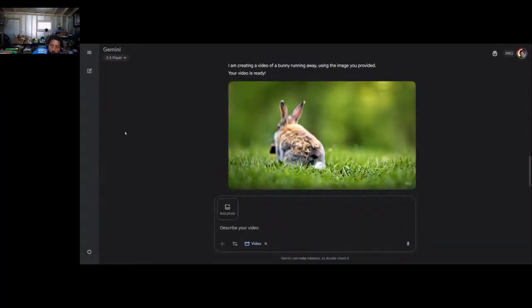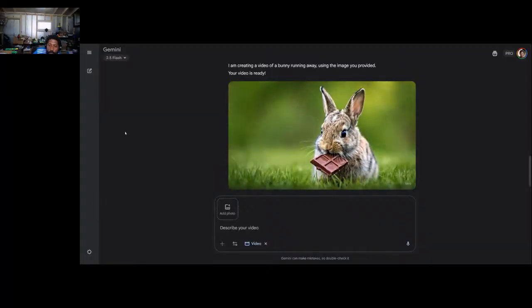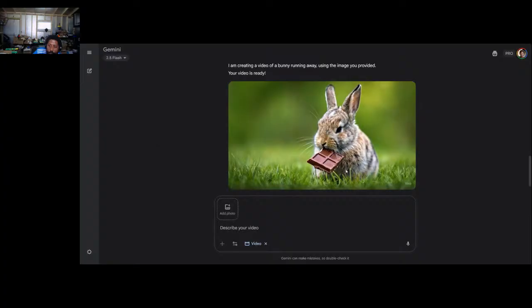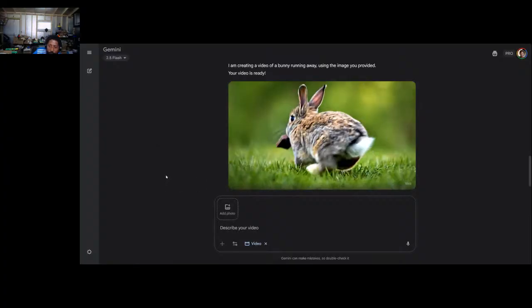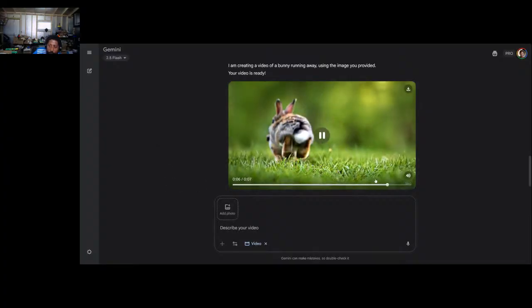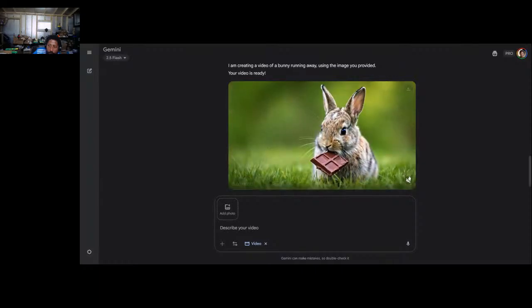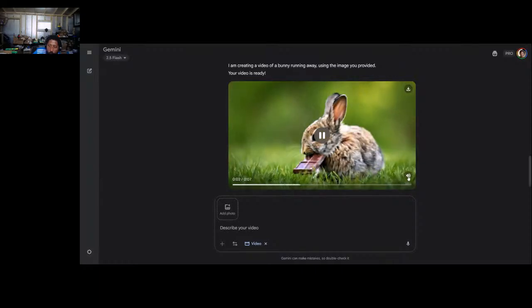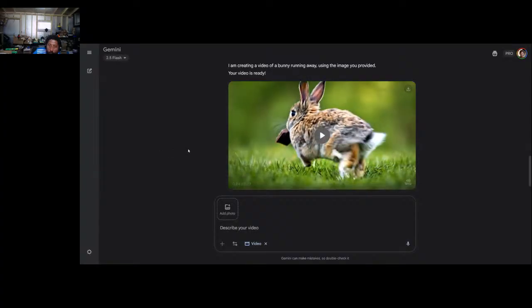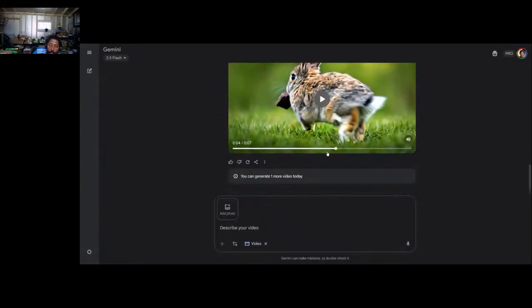Okay, he runs off the other way. Interesting how that thing is kind of floating there. All right. Oh, and there's no audio either, I just noticed. Huh. Interesting.